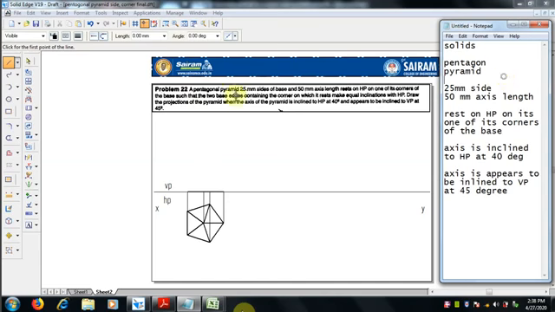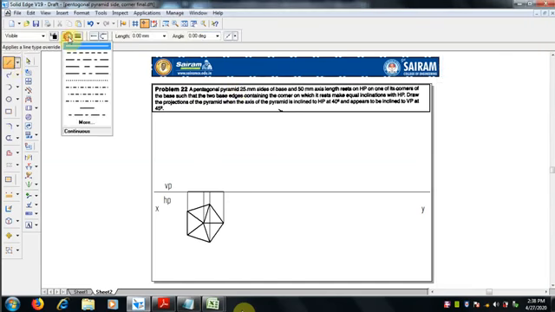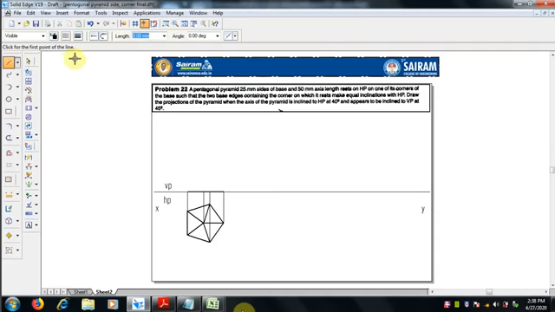So we have to draw the axis first. It is not like the prism, where you draw the side first; here you draw the axis first. Select the center axis line, and from there draw 50 mm length at an angle of 90 degrees.